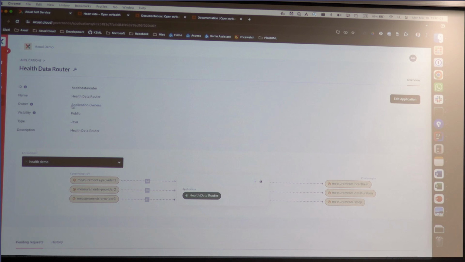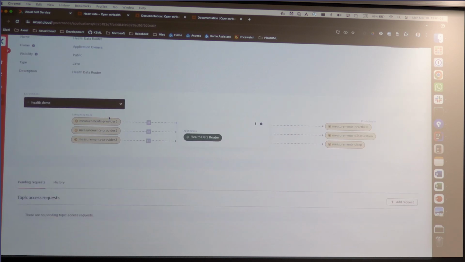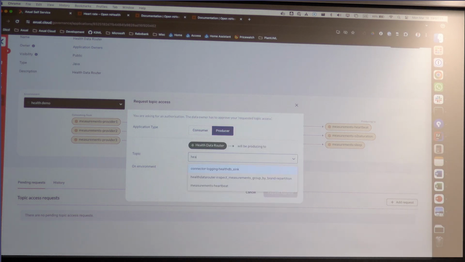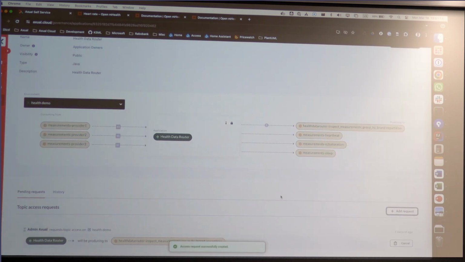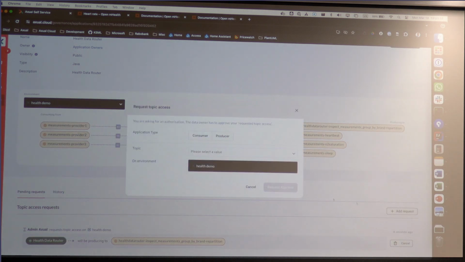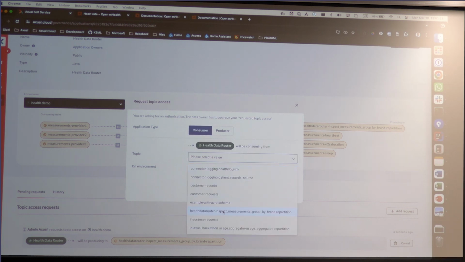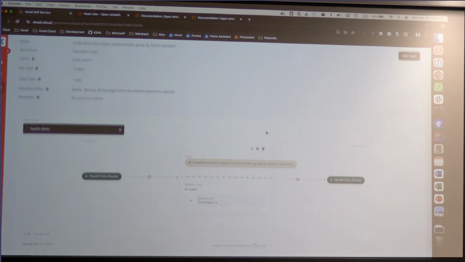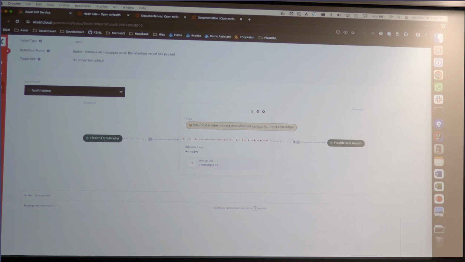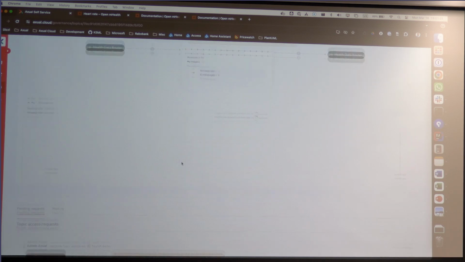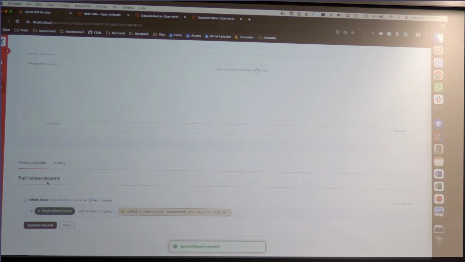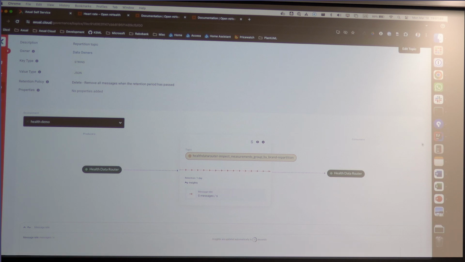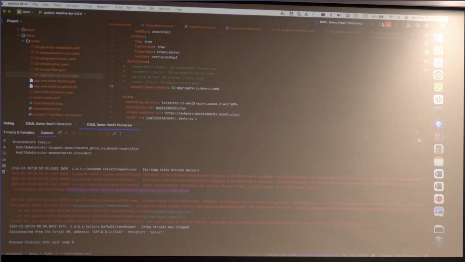Normally this would be owned, well, you see it here already, it's owned by a different team. So this team can add a request. So I want to be a producer to the repartition topic, request approval. But as a streaming application, I also need consume rights. So I also want to consume this topic. And then I can go as the topic owner to that particular topic. There are 2 exclamation marks, meaning that the access rights haven't been granted yet. So I'm going to approve this request, and now this application has full produce and consume rights. And then to restart it,